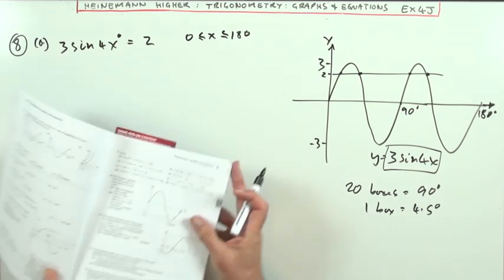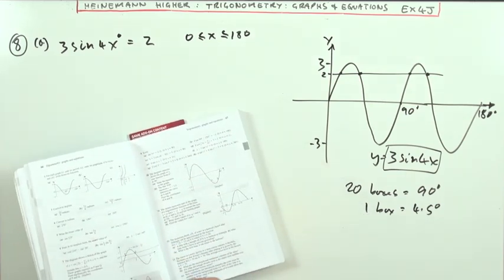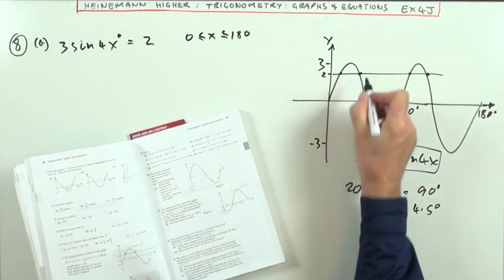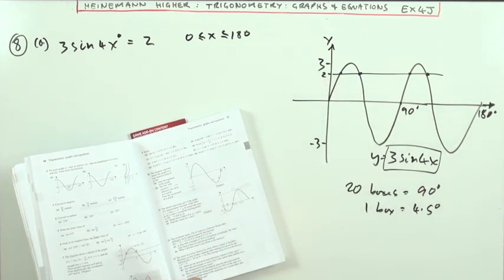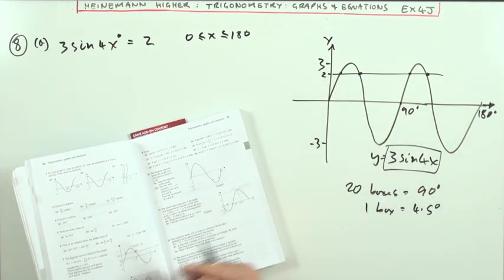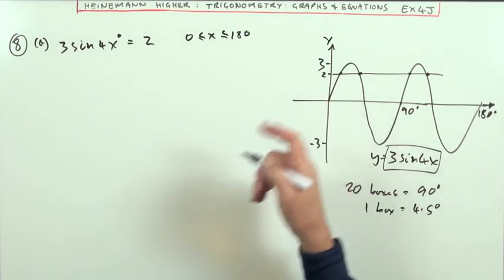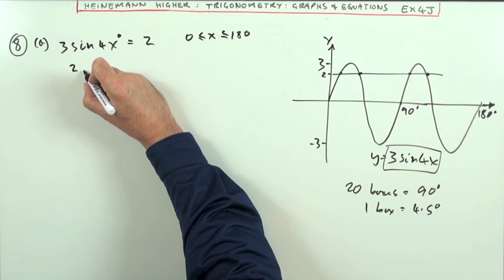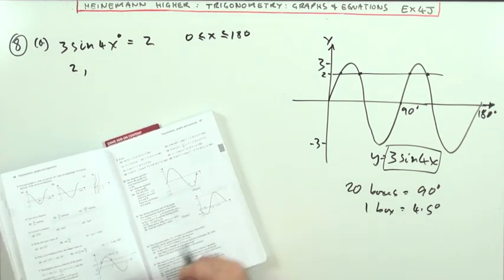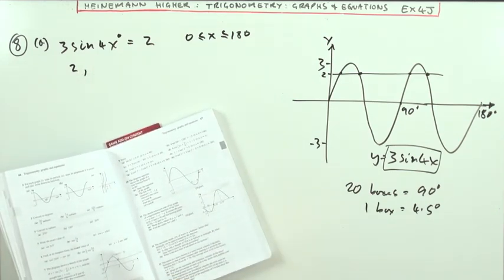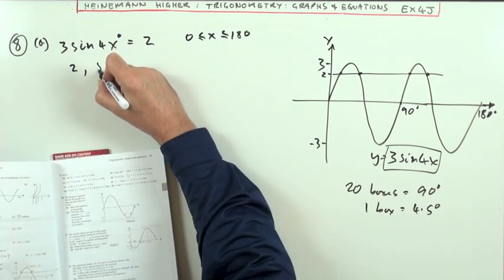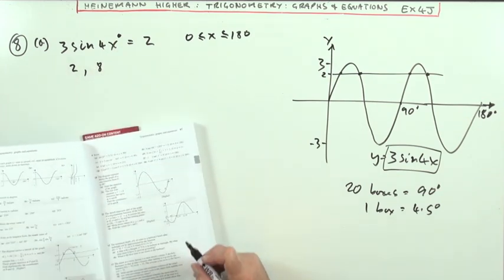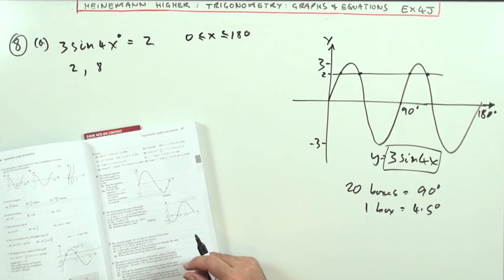So I'm not doing it by solving, so it says read it from this. So I'll need to guess how many boxes that is. So when you go to that 2 line, the dotted line, it looks about 2. You could argue it's 2 and a bit. I'm just going to have to say it's 2 boxes. So I think the first answer is at 2. So I've got an answer at 2 boxes. The next one's going to be, that's 5, that's 2 back from 10, at 8 boxes. So I've got 2 and 8 boxes, and I probably won't go to the other 2 because I can